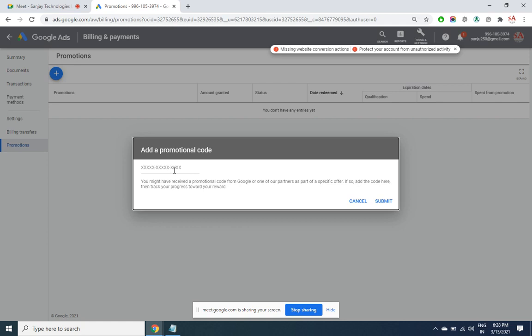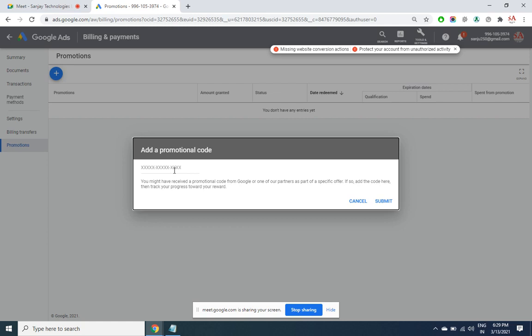So if you want to test AdWords, you may make use of this promotional offer. Within a few seconds, I will tell you how you can get such a promo code unlimited. Unlimited promo code, I'll give you a link, but for each email ID only once.